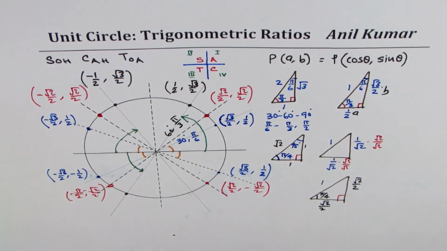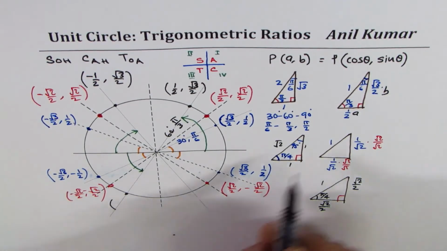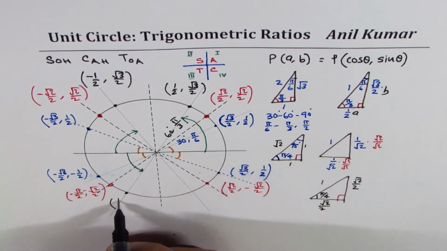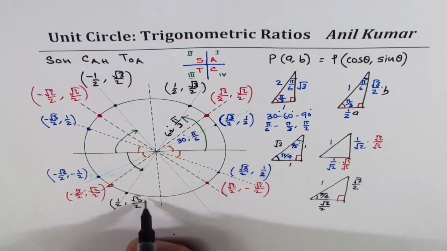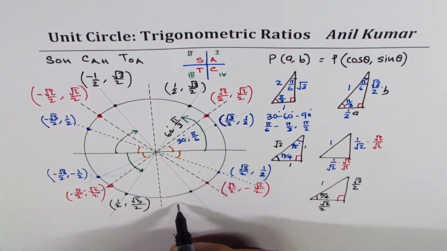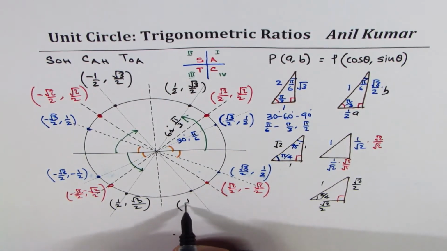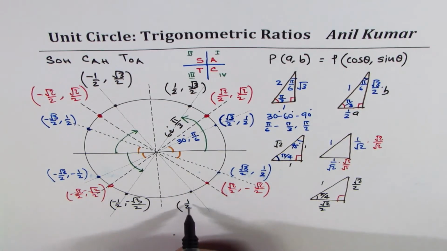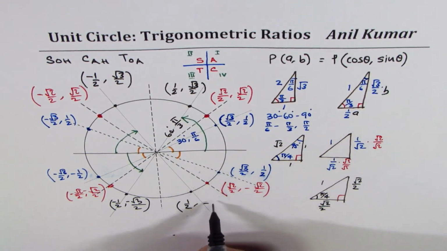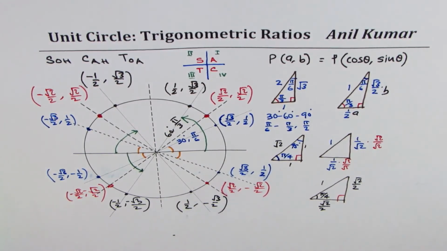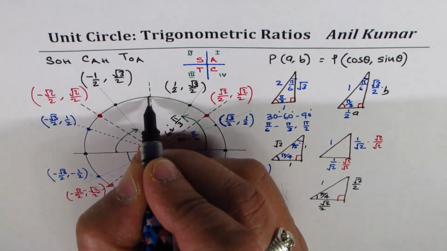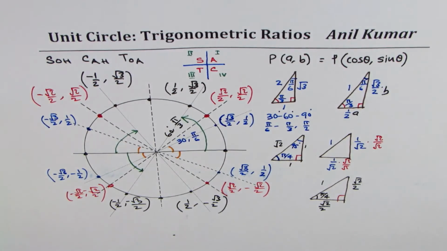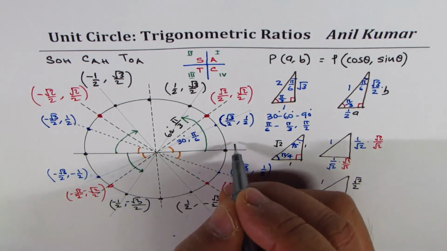Perfect. Okay. So this value here, both will be negative. So it is adjacent side of half and square root 3 over 2. And in this quadrant, x value is going to be positive. X value is positive, however, negative value for sine, which is square root 3 over 2. Sine corresponds to y values. Perfect. These points, they are the intercepts of unit circle 1, and I could easily write them as,